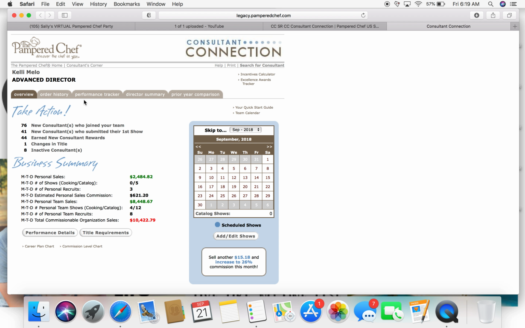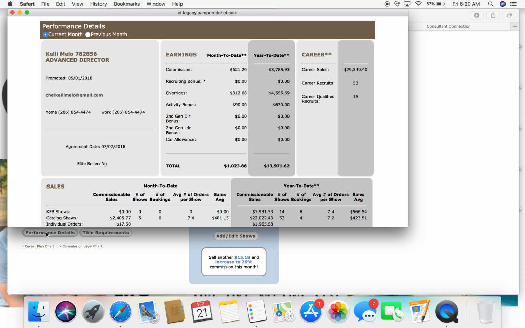So this is where you can look up your order history, your performance tracker, how you're doing throughout the month. You can also look at your prior year comparison, which is awesome to look at numbers from the year before. The easiest way to look at your current paycheck and your last month's paycheck is to click down here to Performance Details. And this is the current month's paycheck. All right, here is the earnings. Okay, and then this is also the year-to-date